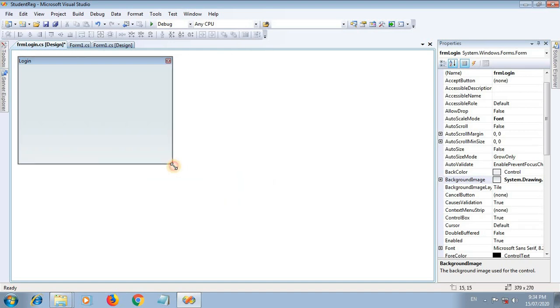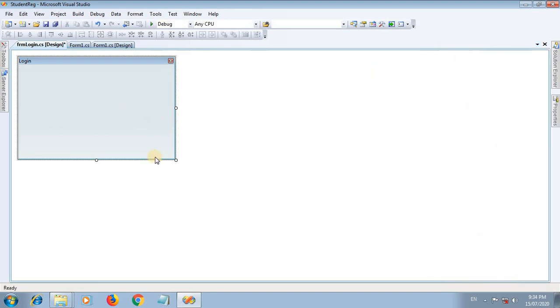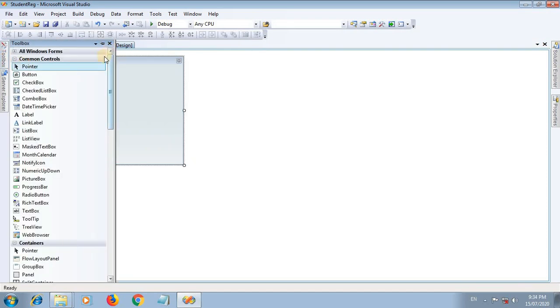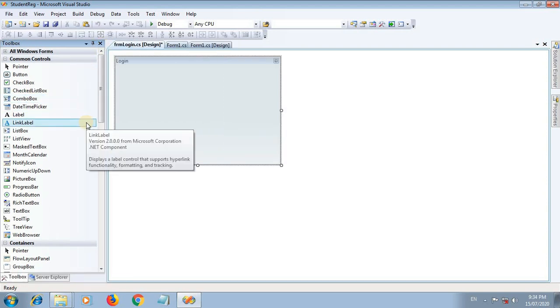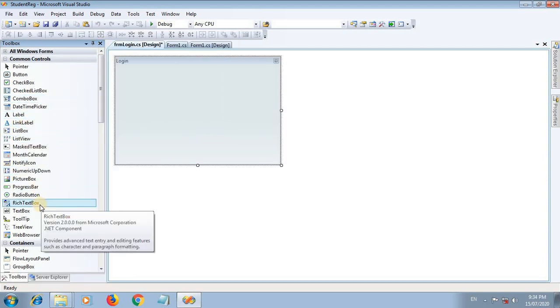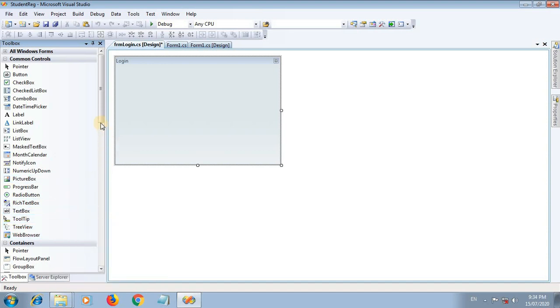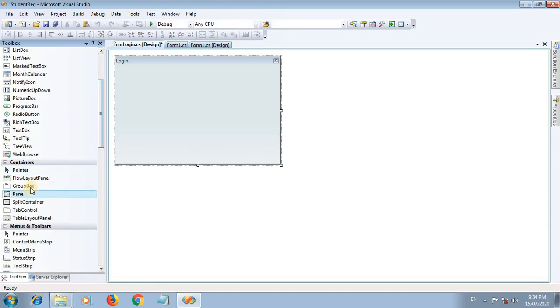For the login form, I am using two labels, two text boxes, two buttons, and one picture box. So how can we design the form? For designing, Microsoft Visual Studio provides predefined controls. First I am making a group of each control, so this is a group box.